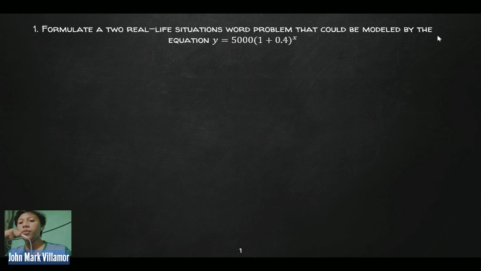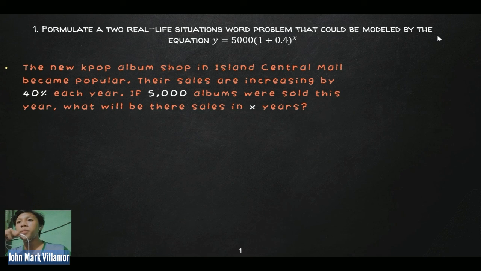The first problem we can formulate from this equation is: the new K-pop album shop in a social mall became popular. Their sales are increasing by 50% each year. If 5,000 albums were sold this year, what will be their sales in next years? In this problem, 5,000 is the number of albums sold in a year, and 40% is the increase of sales each year, expressed in decimal form by dividing by 100, which equals 0.4, and x is the time